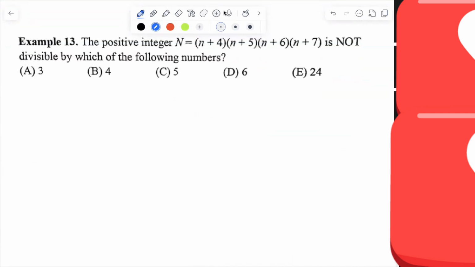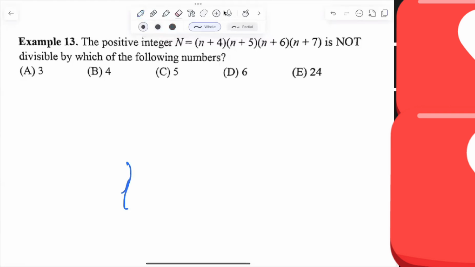The positive integer n times n plus 4 times n plus 5 times n plus 6 times n plus 7 is not divisible by which of the following numbers? Notice this is the product of 4 consecutive integers. It's basically divisible by the product of 4 consecutive integers. Let's just take the base case, 1, 2, 3, and 4. That gives the answer of 24. But that's not the whole answer,